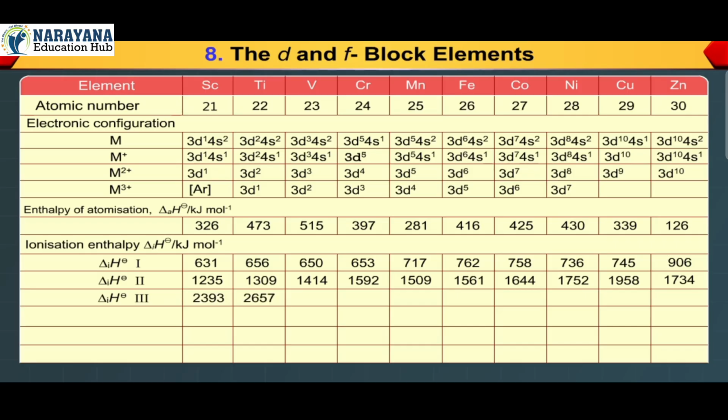2393, 2657, 2833, 2990, 3260, 2962, 3243, 3402, 3556, 3837. Metallic ionic